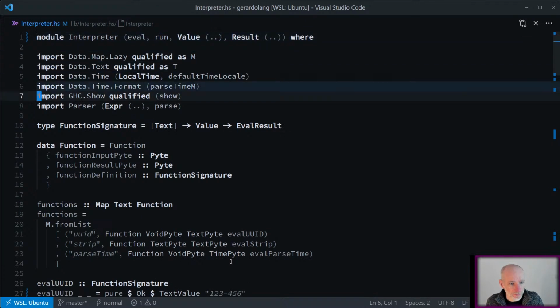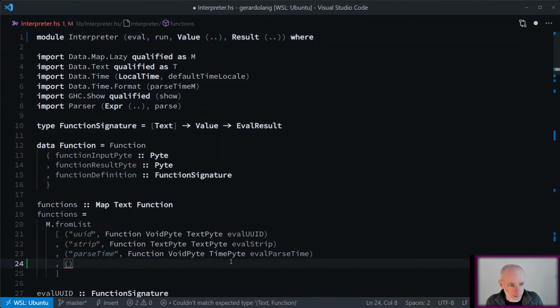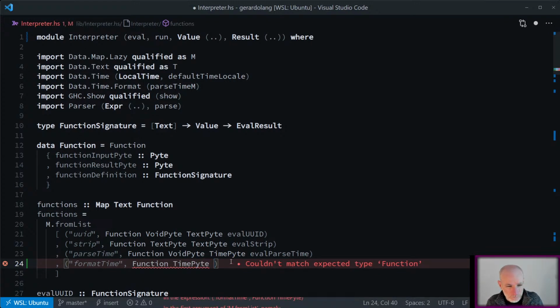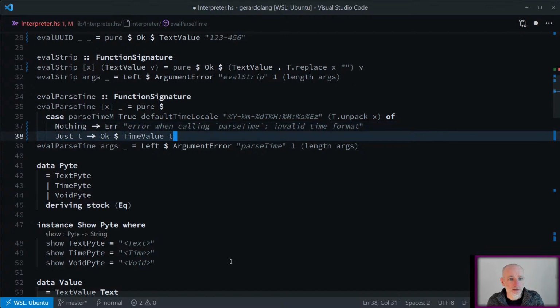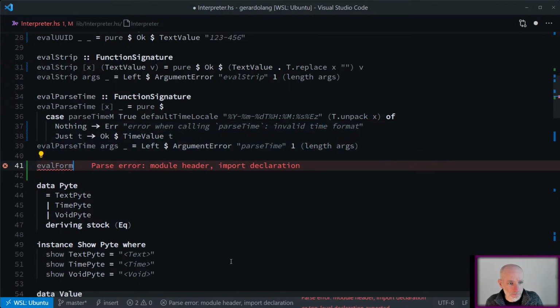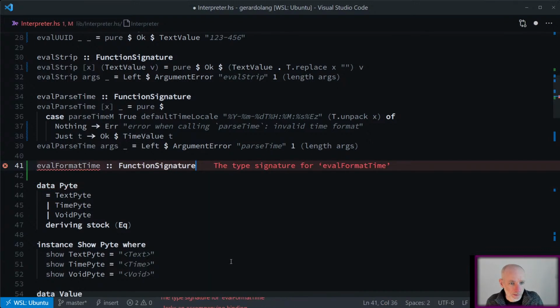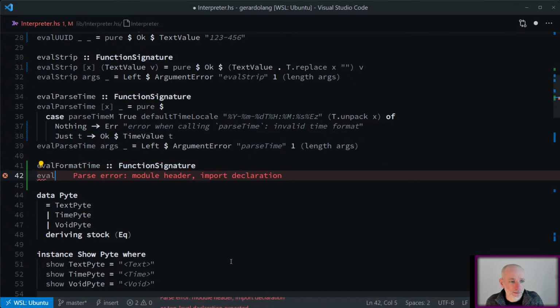So in our list of functions, we can say format time, and this is a function which goes from time to text, and it's going to be eval format time. So eval format time has got the function signature and eval